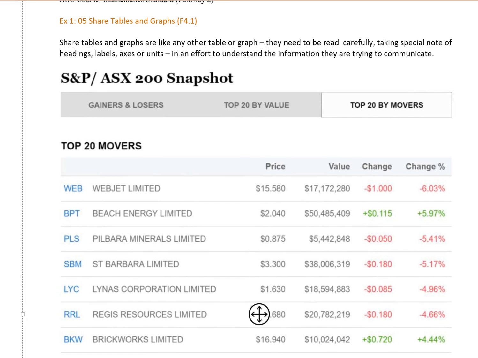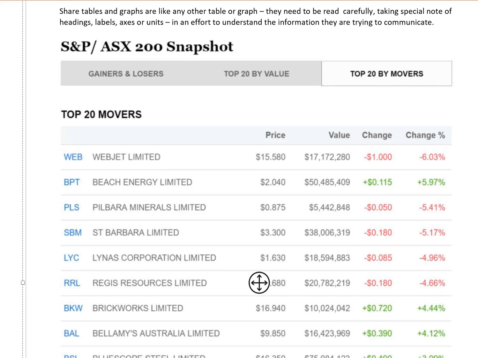Exercise 105 is on share tables and graphs. Now, this exercise about graphs and tables is no different to any other exercise we've done involving graphs and tables. And what you know about that is you just have to read the information about the graph very carefully, or the table very carefully. So with that in mind, I've added in a few different ways that information about shares